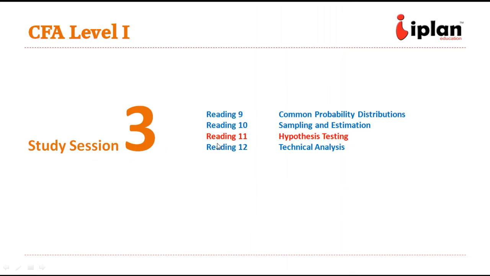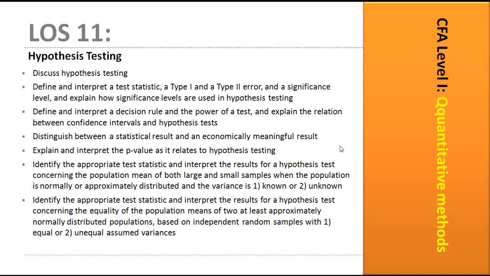Now let us move on to reading 11, hypothesis testing. Under this LOS, we will look at the definition of hypothesis testing, the interpretation of a test statistic, type 1 and type 2 error in hypothesis testing, the significance level and how they are used in hypothesis testing. Then we'll look at the decision rule, power of a test,